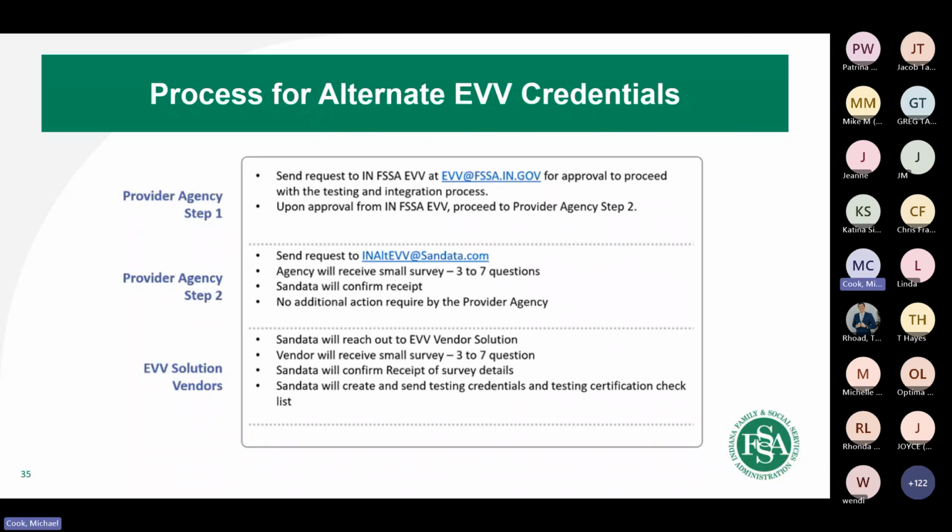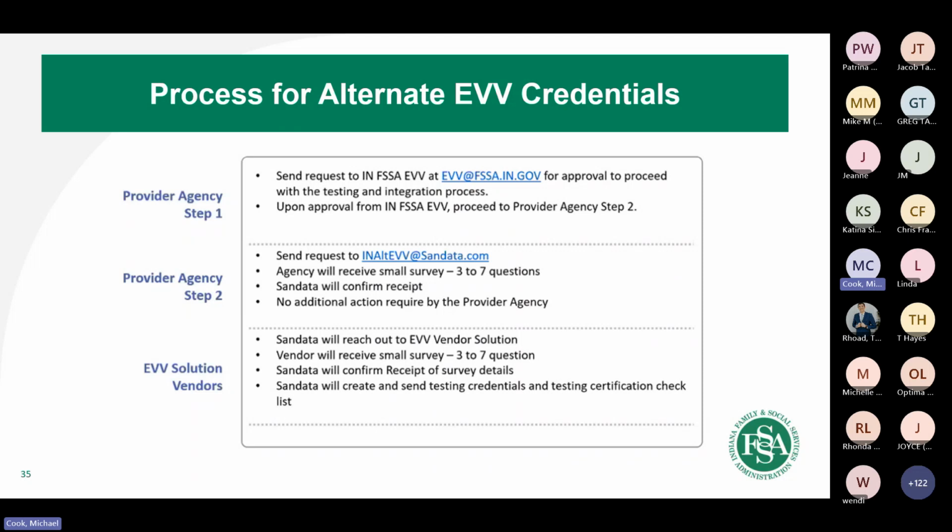As far as the process for receiving alternative EVV vendor credentials, you'll start off by sending a quick email to evv@fssa.in.gov. And we'll take a look at the vendor that you've selected to either indicate that this is a vendor that's already tested with an agency in Indiana, or if it's not, we may give you some additional information. But once we've done that step, we'll actually forward you a